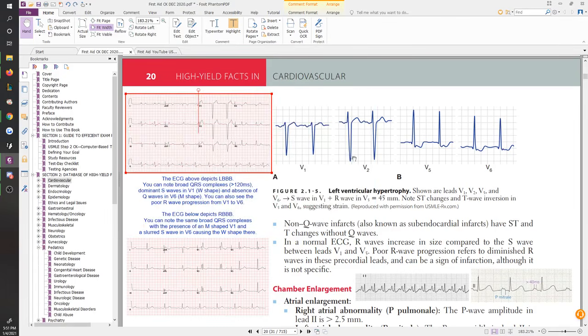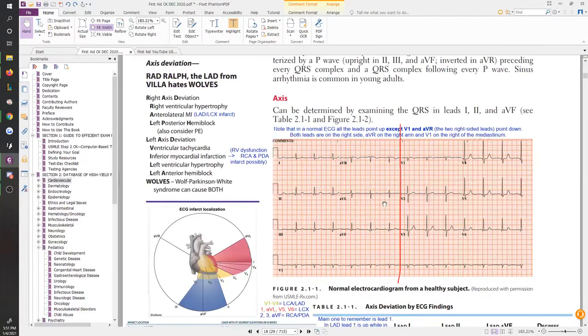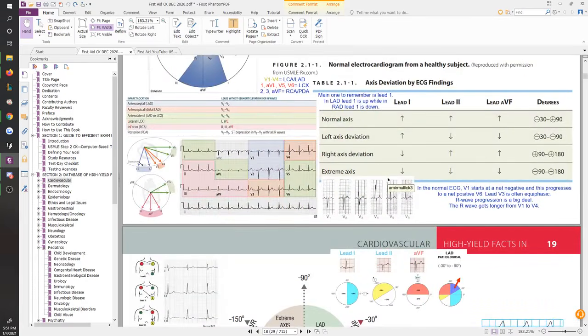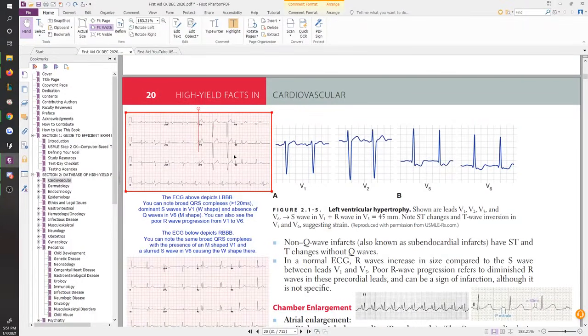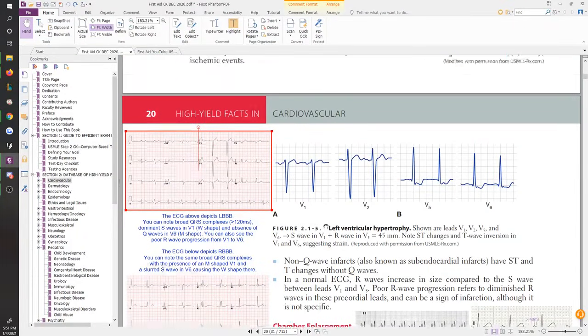But we just saw, when we looked at the normal QRS, that V1 was supposed to be the lead that was very tiny, not any other. So there's a chance there might be axis deviation in there. But the other thing is just noticing that V1 through V3 are strong.